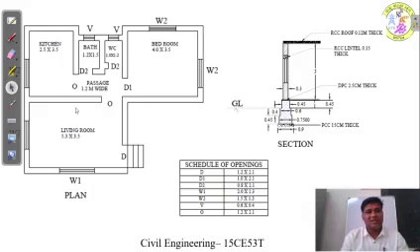In this slide you can see a plan at cell level. There is a kitchen, a living room, and a bathroom. Since it consists of a living bedroom and kitchen, it is called a 1 BHK plan. And this is the section of the wall which is cut through the window.